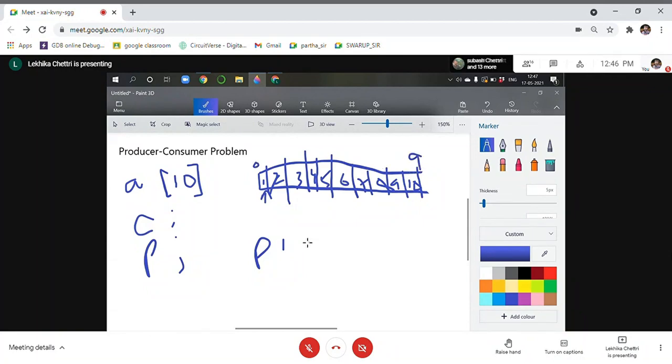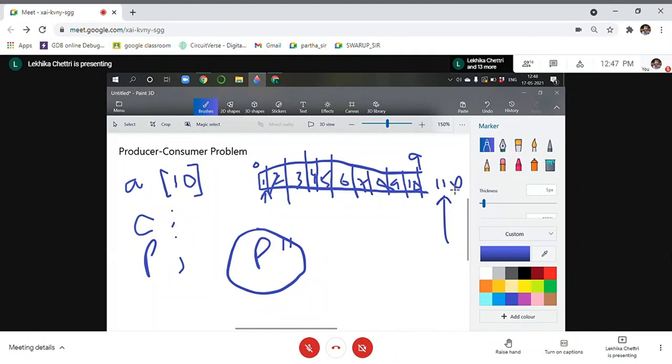Now let us say producer now produces 11. Do we have space to accommodate 11? No. So what happens to this new value generated by this process P? Obviously this value will be lost.